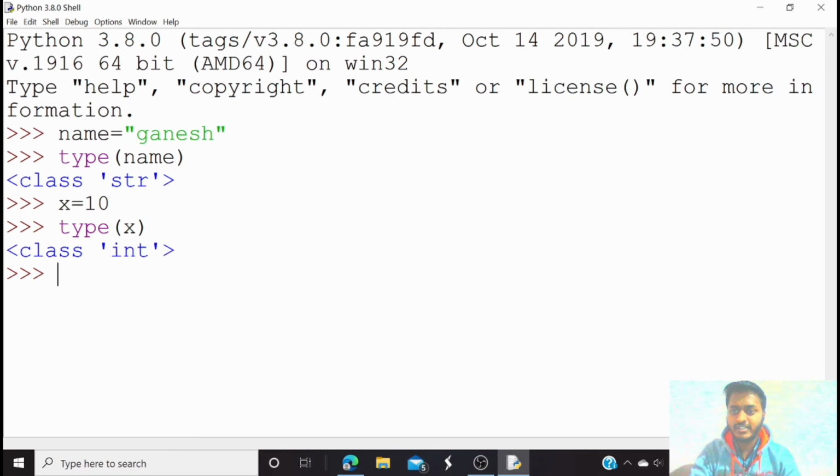So can we change the type of any variable? Let's see. I had assigned the value 10 to x, where 10 is an integer. So I am changing it. You just have to do typecasting. So let's see the type of x.